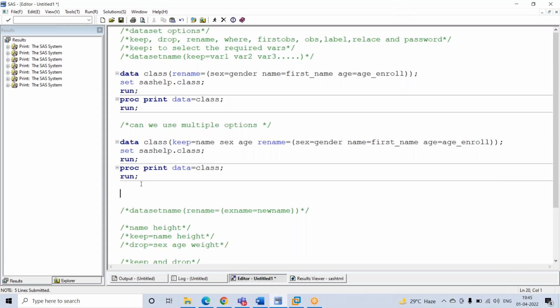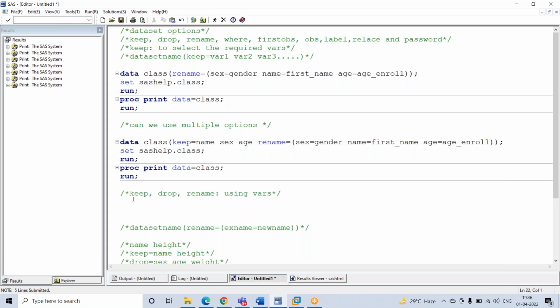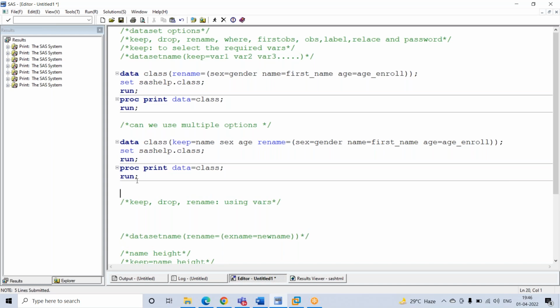So this is what you're using: keep, drop, rename. All three of these play with variables only. How to manage observations then? I will explain how to manage observations. Before we go further, you can see here we have two automatic variables,